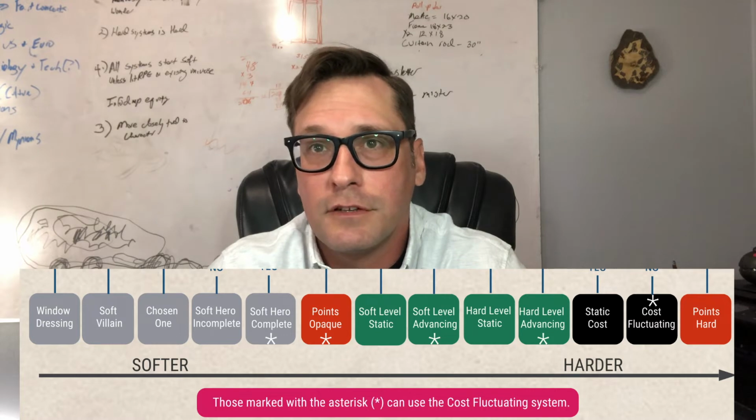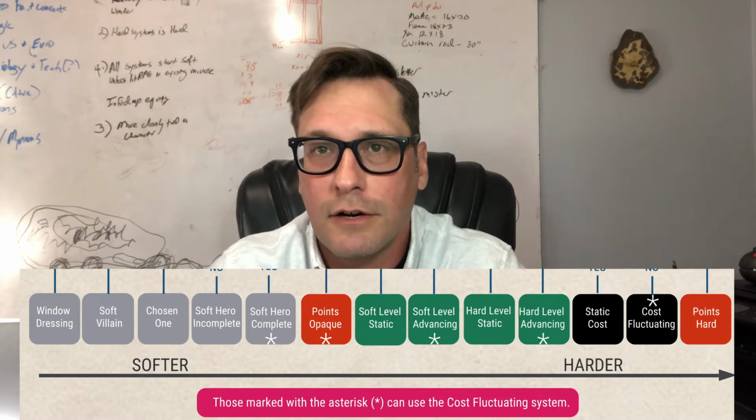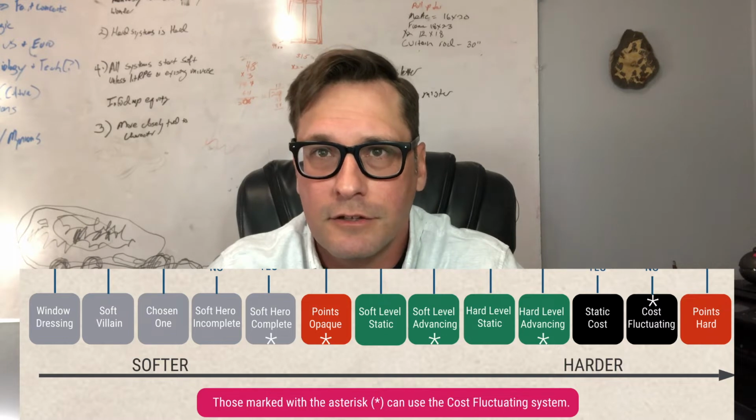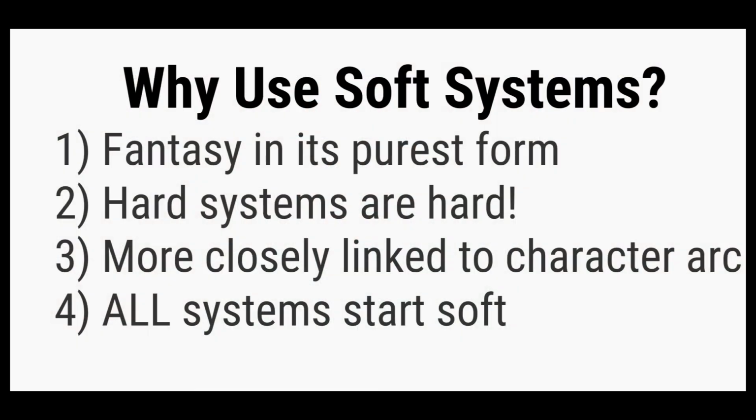And the closer you get to the middle, the harder they become, the more attached they are to character arcs. So the softest of systems really doesn't involve character's arc. It is really far away from the character. It's something the character is observing at best, which is why we look at appearance. But the closer it gets to the middle, the harder it becomes, the more it's about character arc, which we'll look into in just a second.